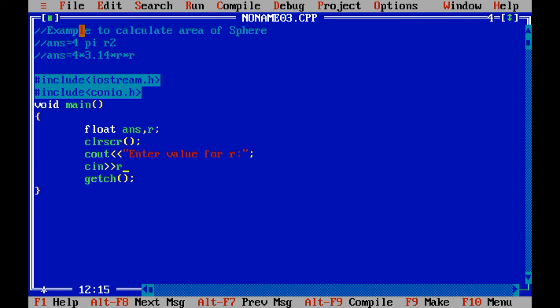Cin variable is r, processing statement is answer equals 4 into 3.14 into r into r. And now I simply need to print this answer by using cout backslash n area of sphere is answer.